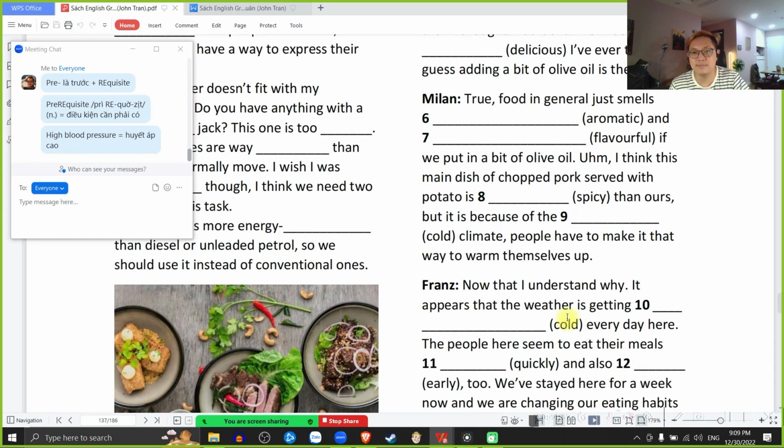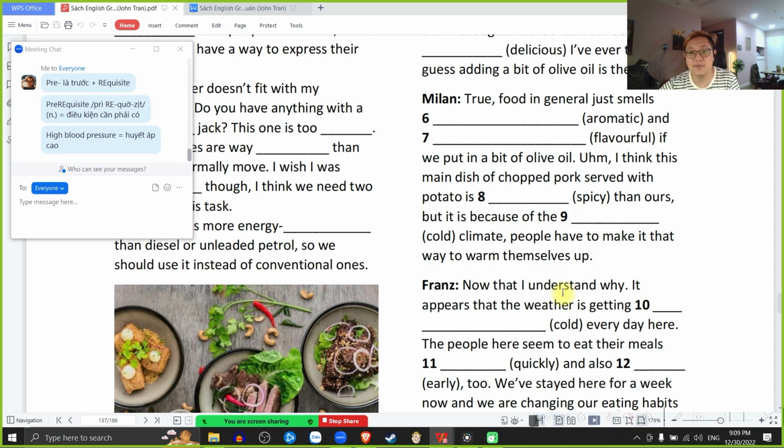True, food in general just smells more aromatic and is more flavorful if we put in a bit of olive oil. I think this main dish